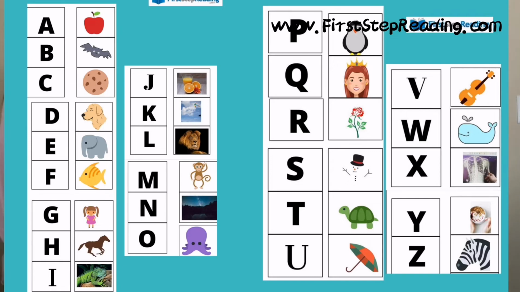The Z says z, like yogurt and zebra. The letters have sounds,